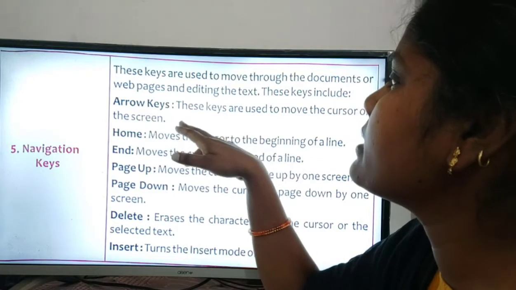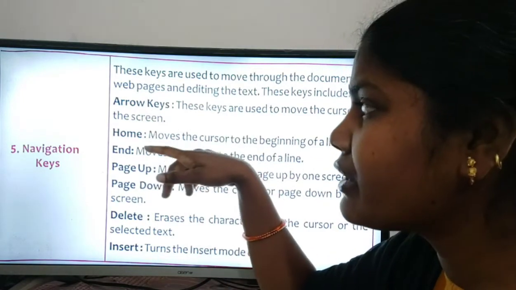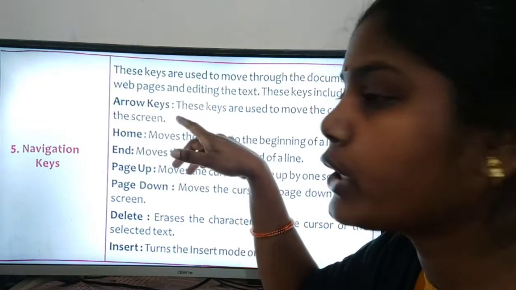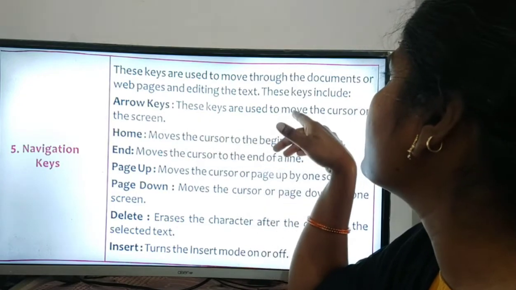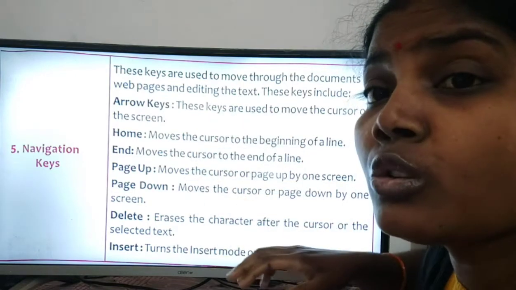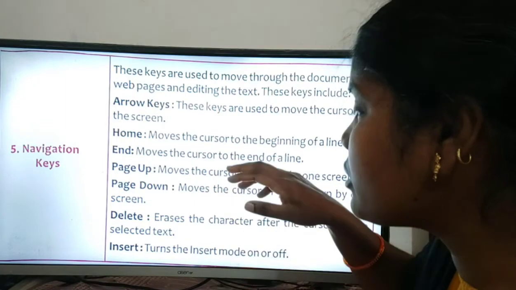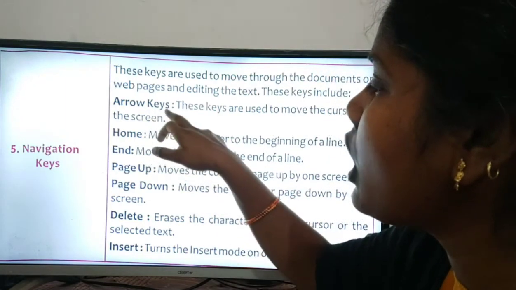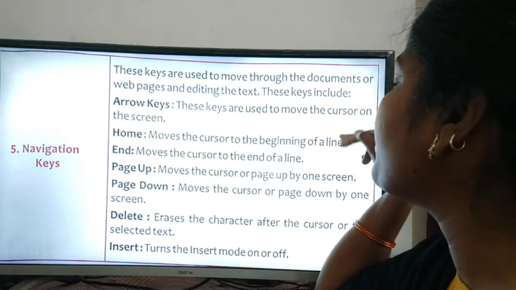Arrow keys are among the navigation keys. These keys are used to move the cursor on the screen, up and down. Home moves the cursor to the beginning of a line.